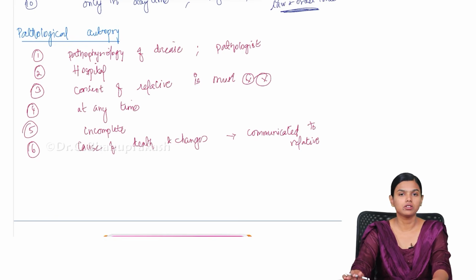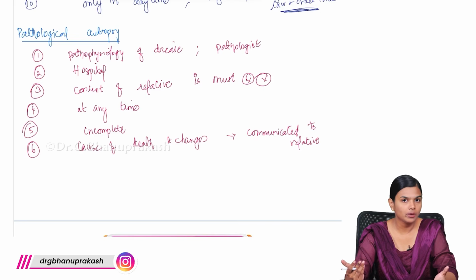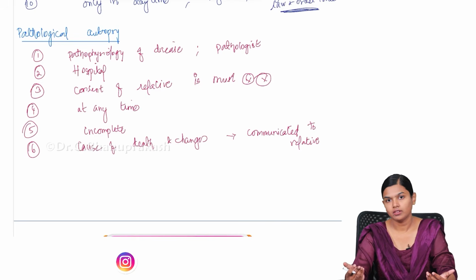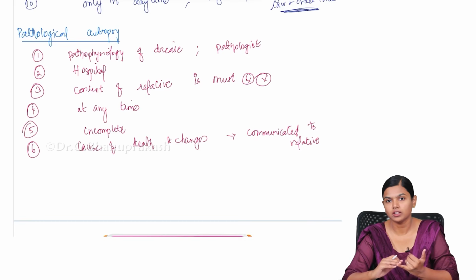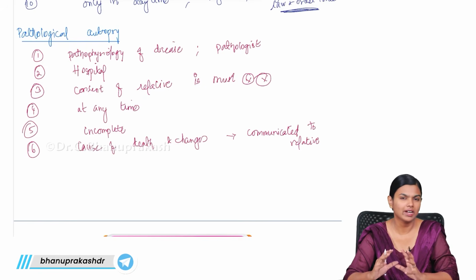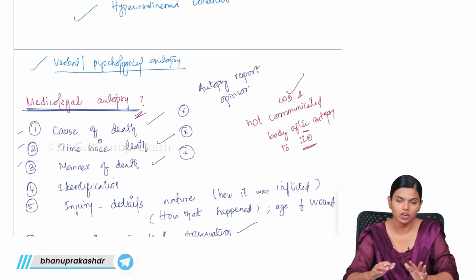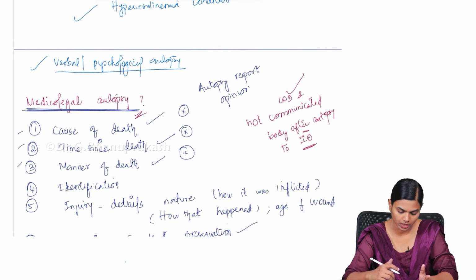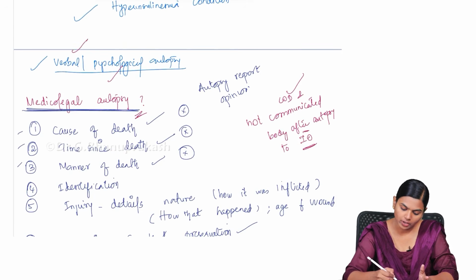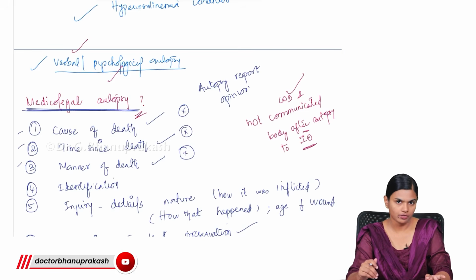So these verbal autopsies are especially useful in low socio-economic countries, where the consent for doing pathological autopsy cannot be given by few people. Under such circumstances, if you don't have much resources to conduct all sorts of tests, but you want to have at least some idea about the condition, you can at least do verbal autopsy, if not a very extensive pathological autopsy. So verbal autopsy and psychological autopsy are also important in their own way. So this is the basic thing about the types of autopsy.